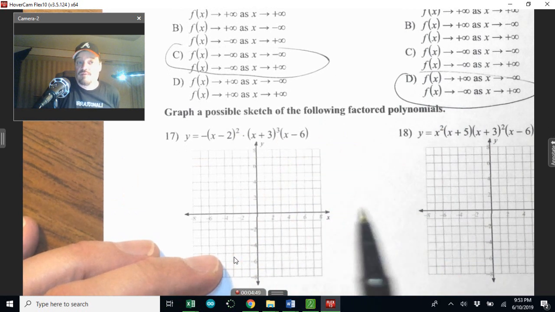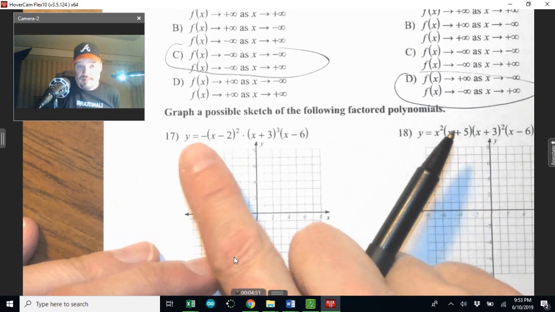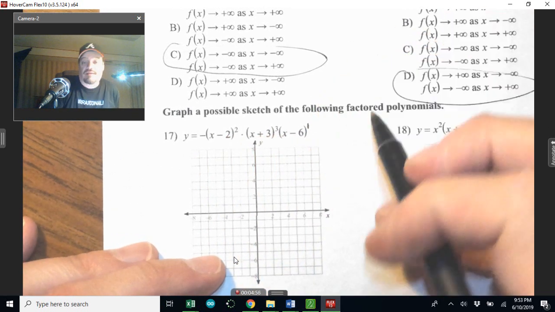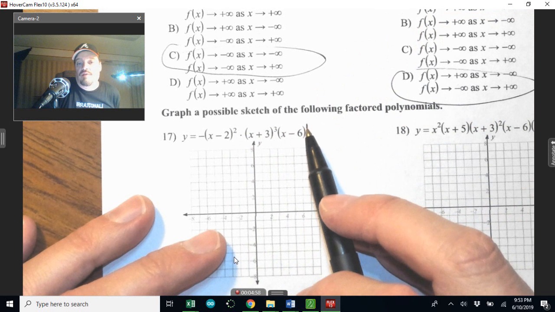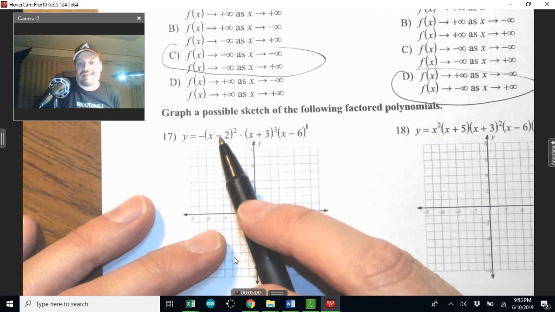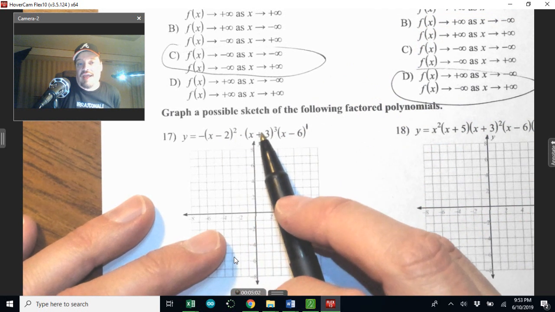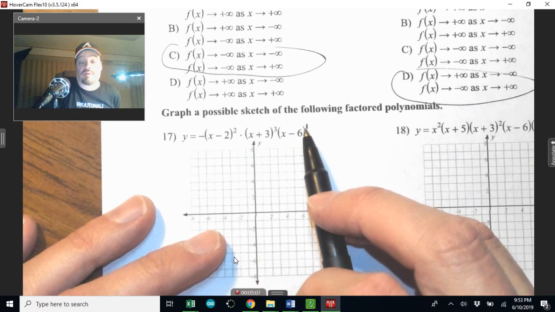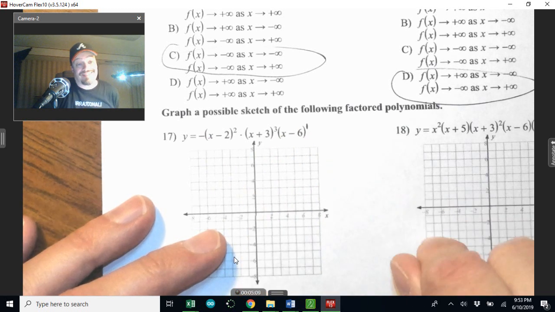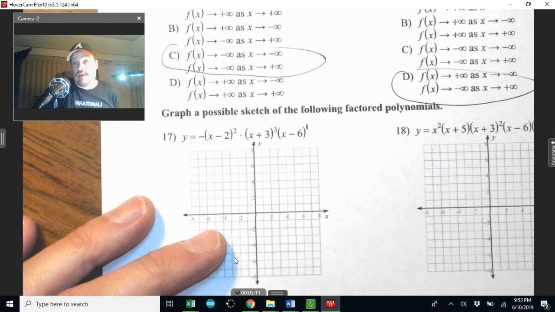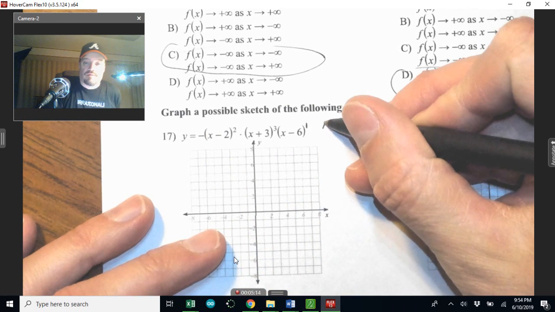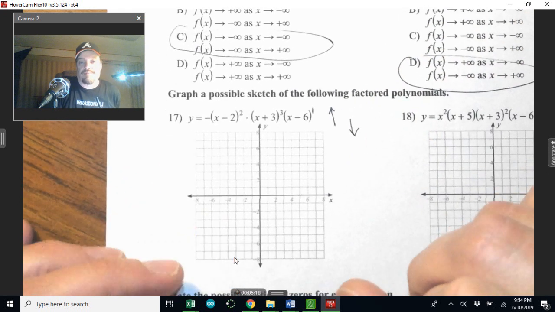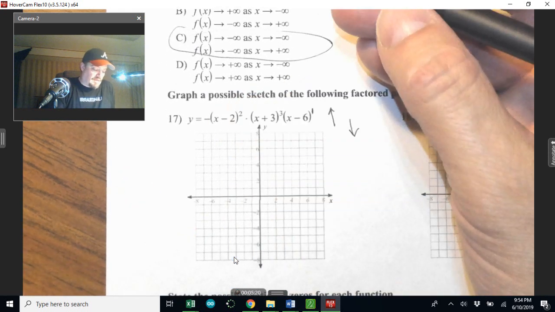But what you've got to do is, in this case, because you're multiplying here, you actually have to add all of your degrees. Now, if you see a linear binomial, the degree is 1. This is a cubic and that is a quadratic. So you have to add these up, and you'll find that it's a 6th degree polynomial, and it's negative. Now, a 6th degree negative means that the arrows will start up to the left and go down to the right. All right? So we're going to have